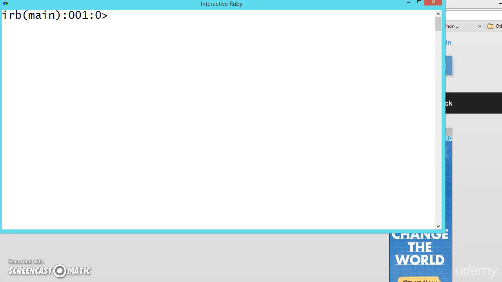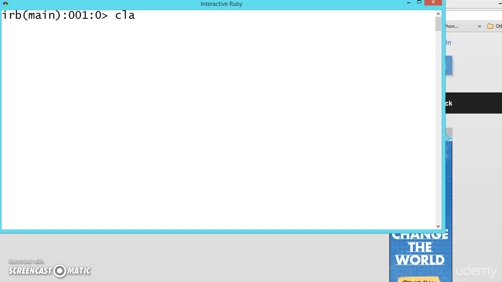So now let us see about the constructor method in Ruby. A constructor method is a special kind of method. When the object is created, this method is automatically called. A constructor method is always used to initialize the variables. So how can we use this constructor method?